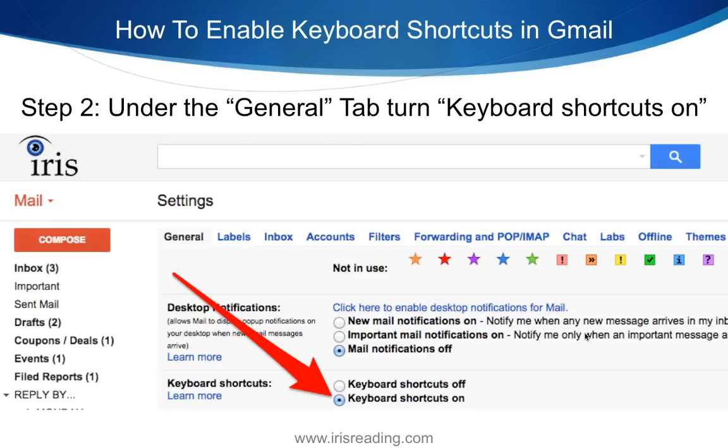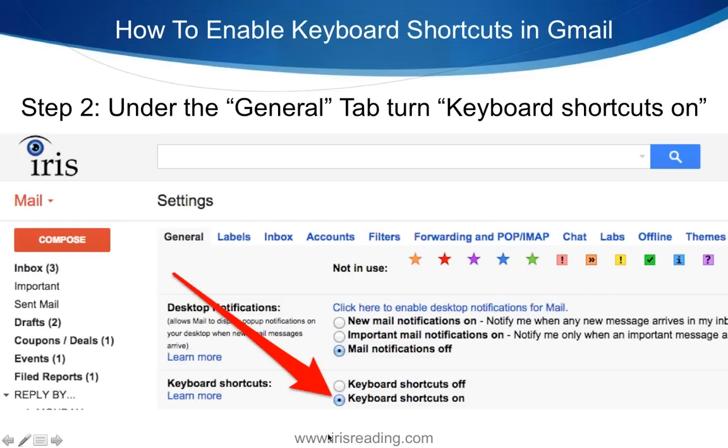Also with email, we talked about this earlier. Learn keyboard shortcuts. This can really speed up the amount of time that you spend in your inbox, especially if you're already a fast typer. Learn the Gmail shortcuts, or if there are shortcuts in Outlook and that's the program you use, learn whatever keyboard shortcuts you can, and that will also speed up the process.